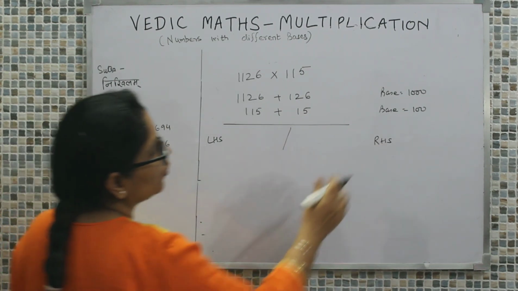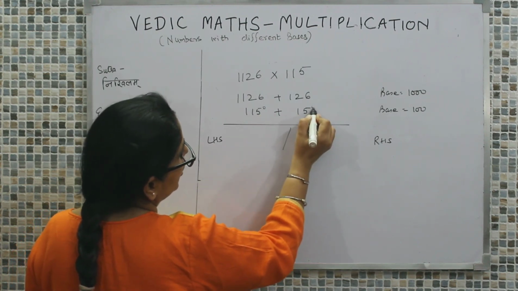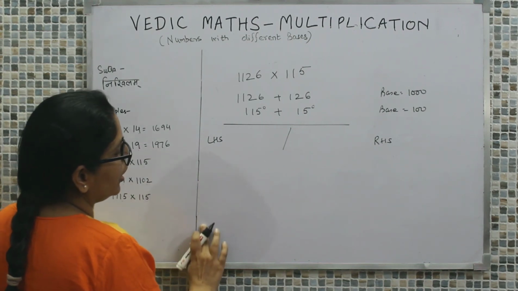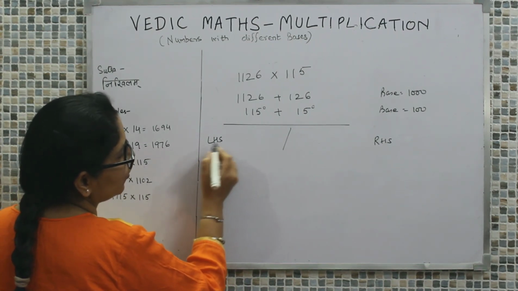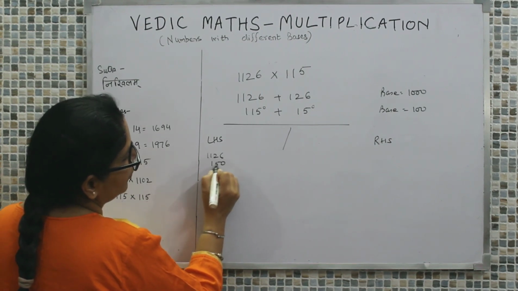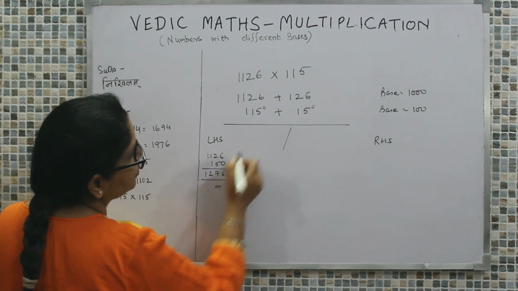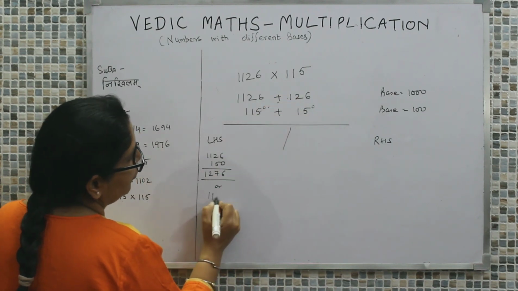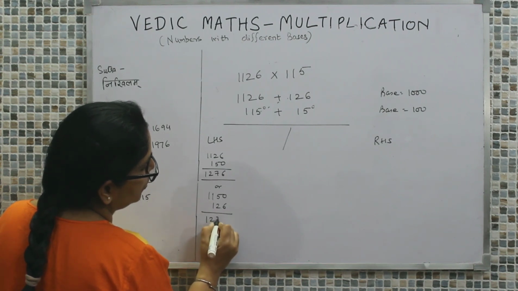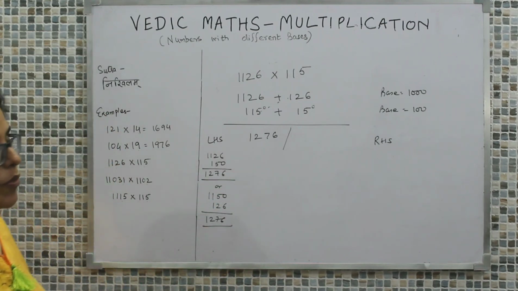Before going ahead, we'll make out the ratio. The ratio is 10. Add a 0 over here. This value will be considered only for getting the values for the LHS but not for RHS. So first solve for the LHS. We have 1126 plus 150. So that will be 1276, or 1150 plus 126. So that is again coming to be the same, 1276. So the LHS is 1276.